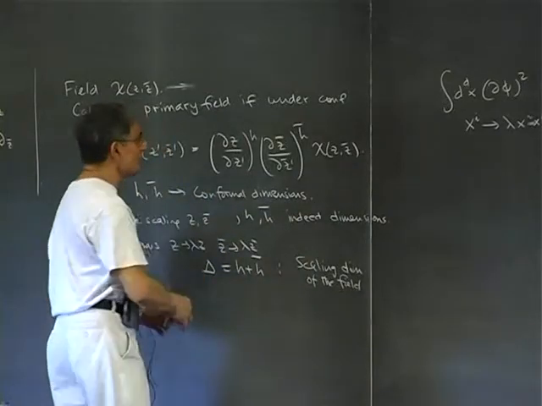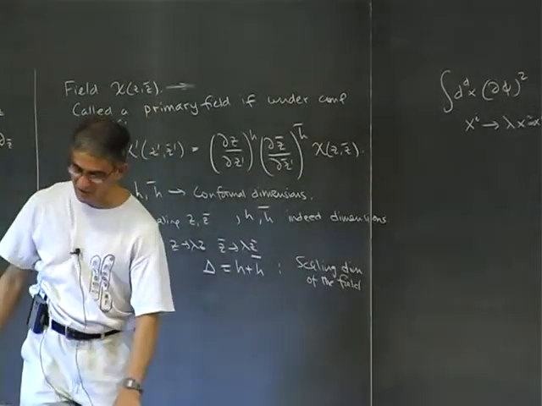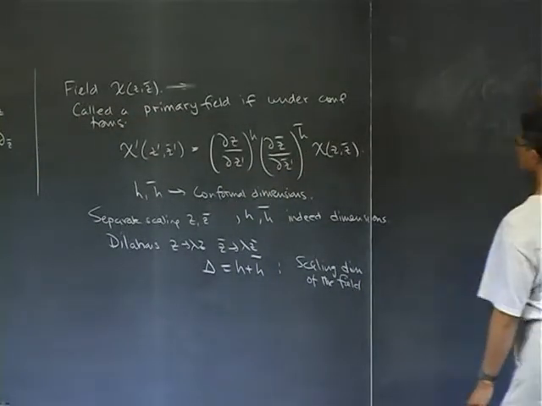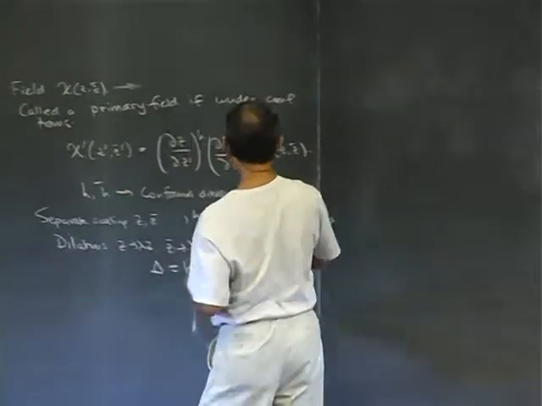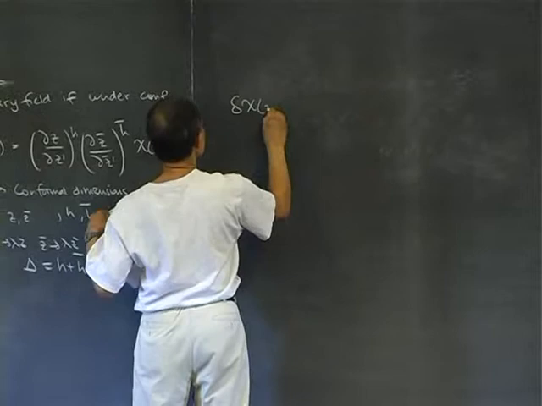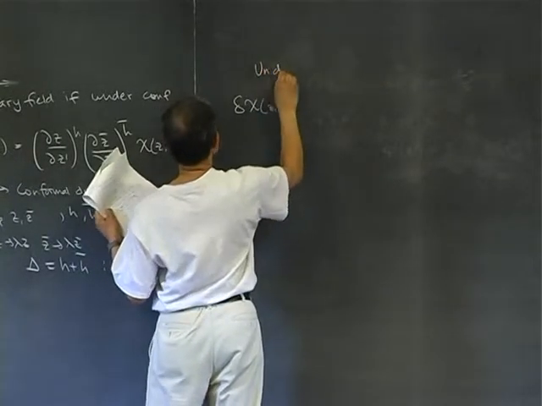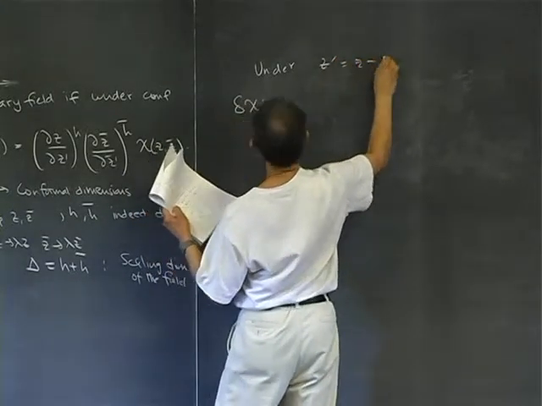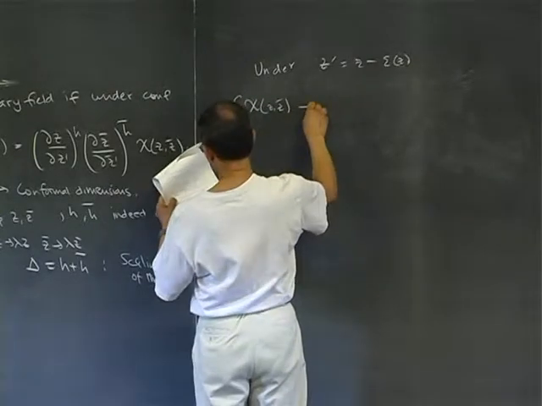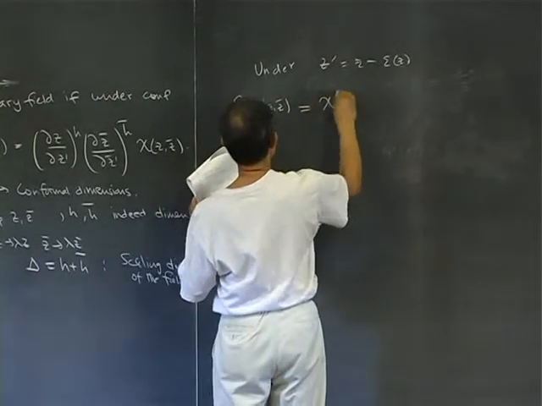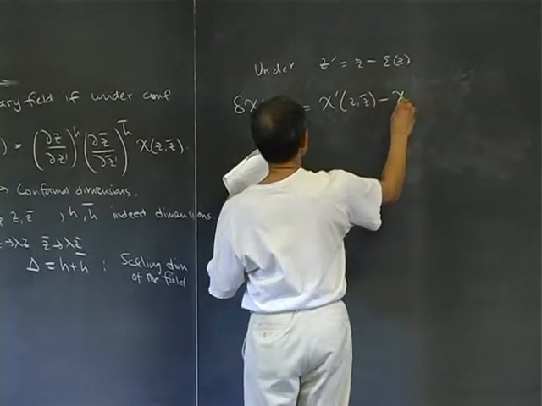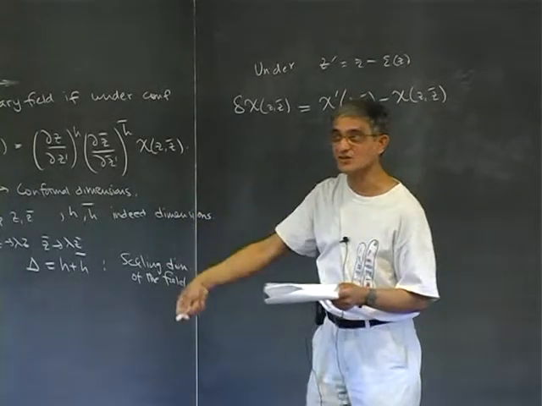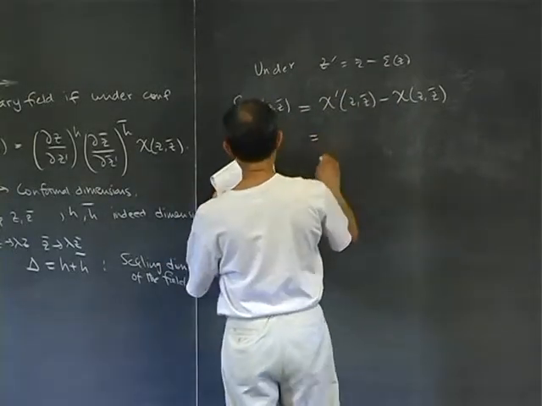So let us take this and figure out what is the variation of the field. It's a short exercise to show that the variation of this field chi of z, z bar, under z prime equal to z minus epsilon of z, is defined by chi prime of z, z bar minus chi of z, z bar. This is the way the function itself changes, that is the transformation of the field, and you can just calculate that this becomes